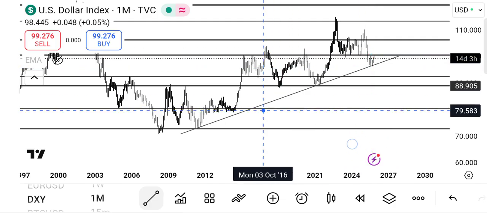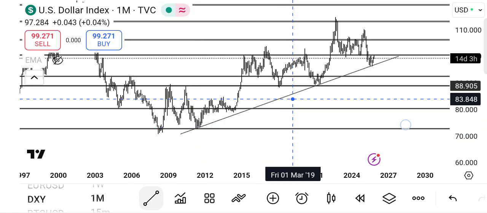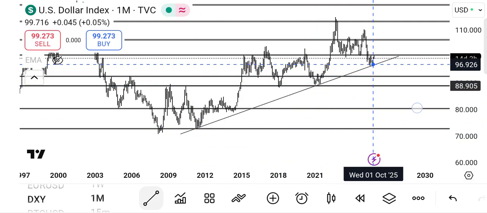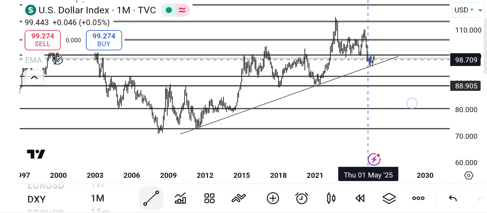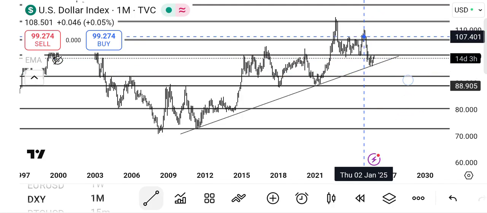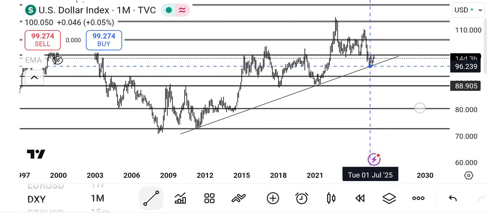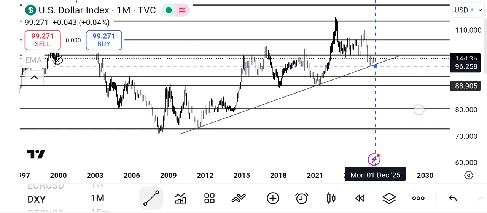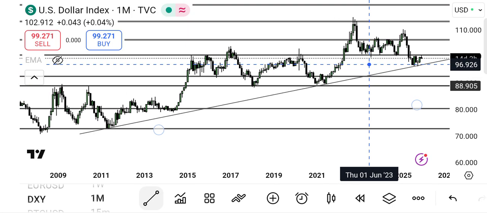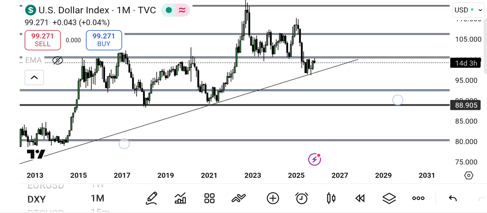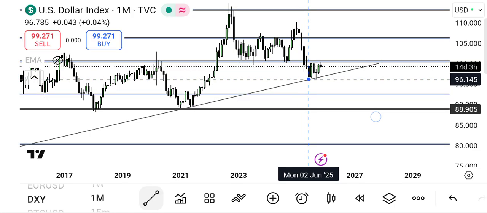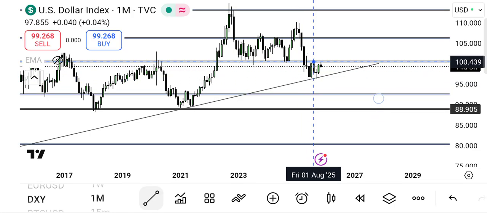Do you understand? So we can see first touch of the trend line, second touch of the trend line, third touch of the trend line. And the third touch of the trend line always causes a reaction, there's always high tension on the third touch of the trend line, and currently the market is on the third touch of this trend line here. Now if you zoom in very well, you see the reactions the market is creating at this third touch. Firstly, market came to this third touch of the trend line, reacted, pulled back up, came back again,